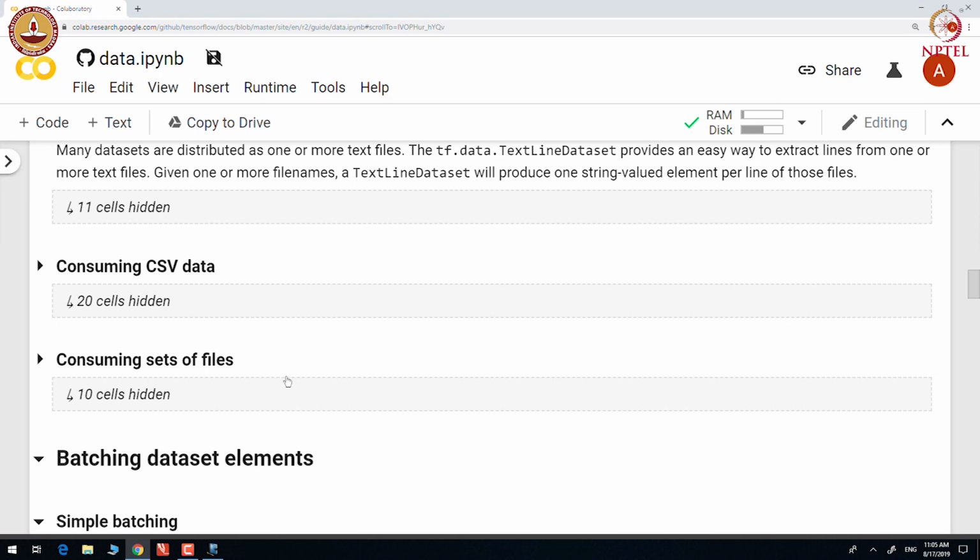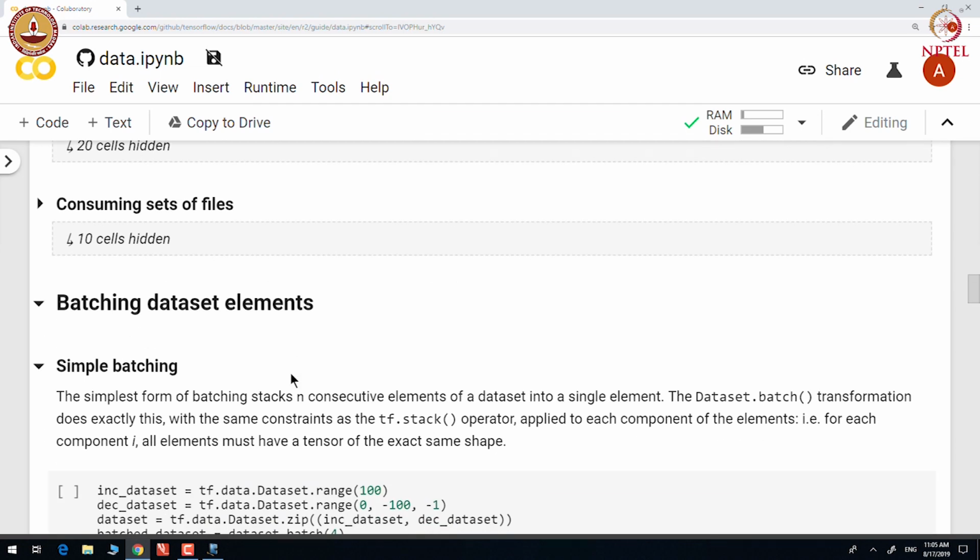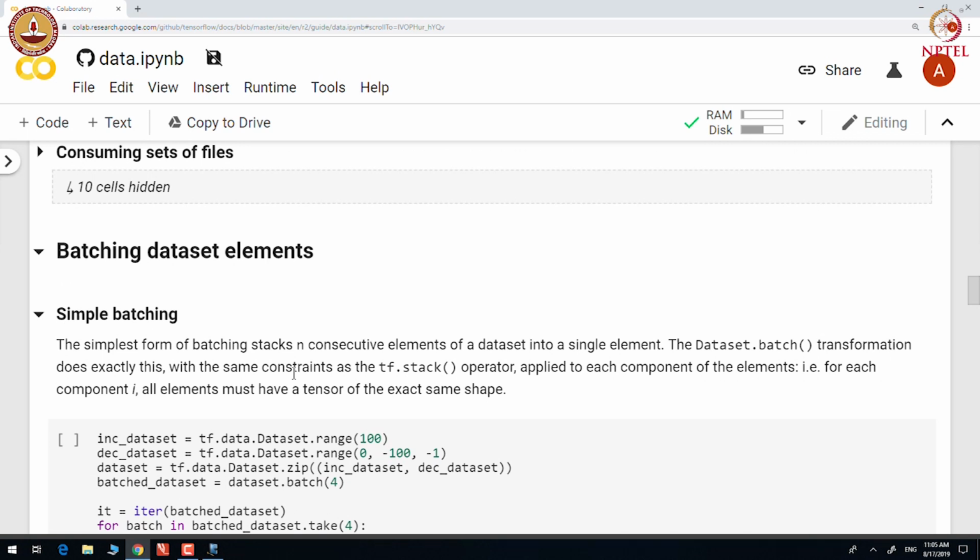Let us look at some of the operations on the dataset elements. One of the important operations that we use during training is batching. The simplest form of batching stacks n consecutive elements of a data set into a single element.